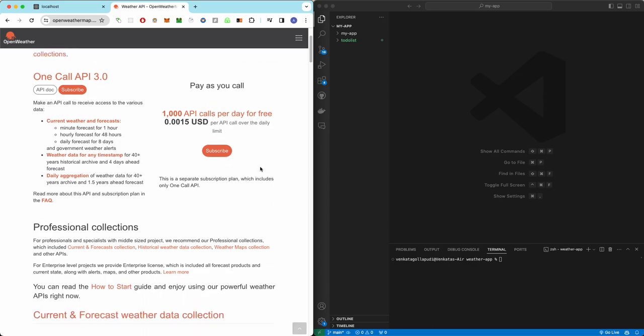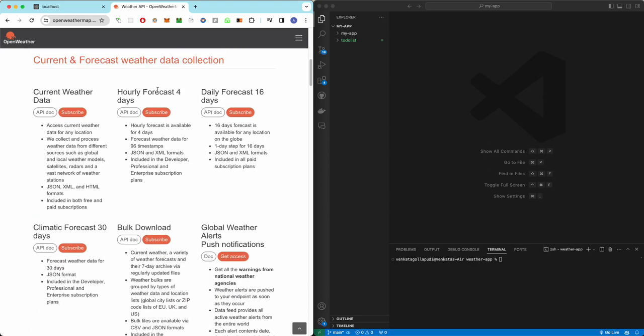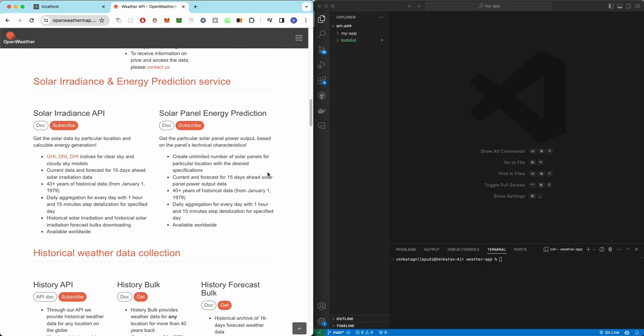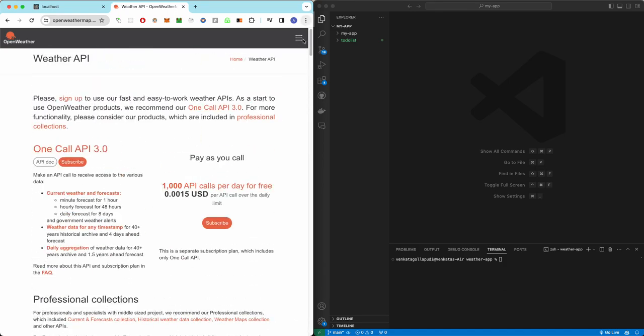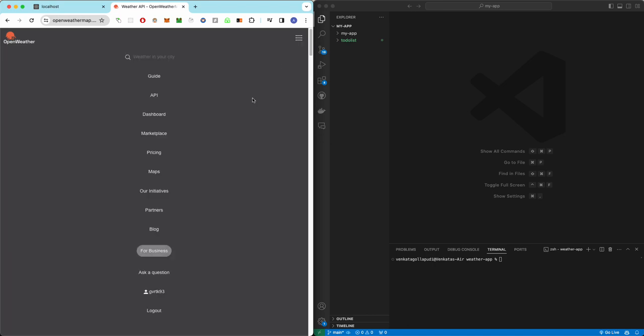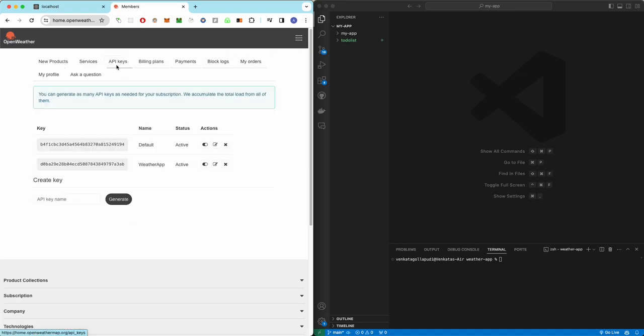So we have these API calls, the different APIs, to get the current weather data, the forecast for 4 days, forecast for 16 days, and so on. So it has a really great collection of APIs that you can use and utilize for your application, depending on your use case. So for our use case, let's go to the account,